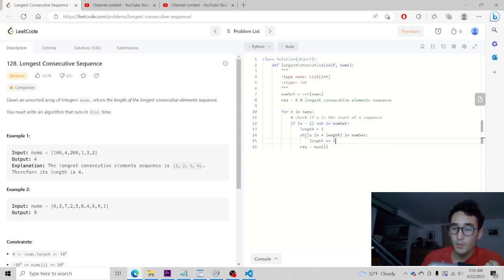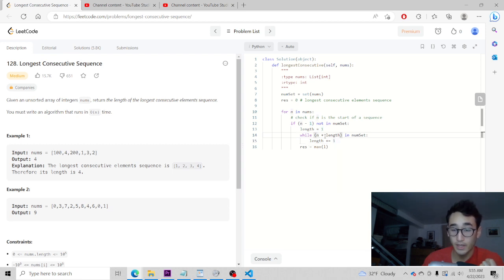Then while we add n plus length, which is just like a counter within numset, which is a hash map, so we don't have to loop through every position of the array, we can add 1 if we find that 101 exists.